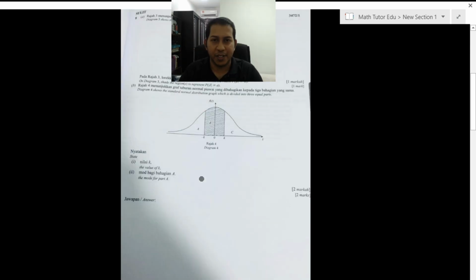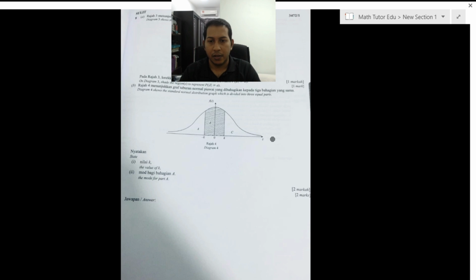Let us proceed with our discussion for question 8 part B. Let us begin with part 1, where we need to find the value of k. To find the value of k, try to recall the question where the graph is divided into 3 equal parts. From here you have part A, part B and part C. One thing you should remember, the summation of the area under the bell curve is equal to 1. So when you divide 1 by 3,